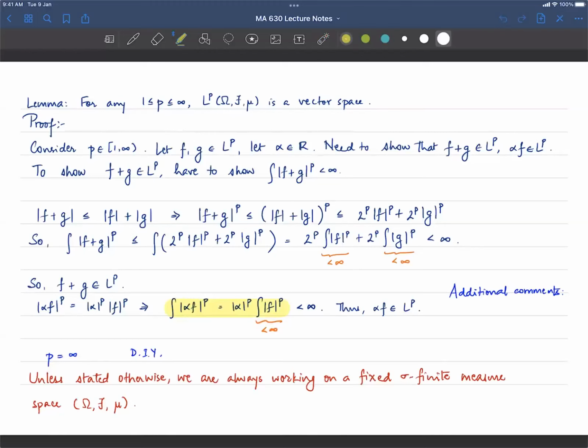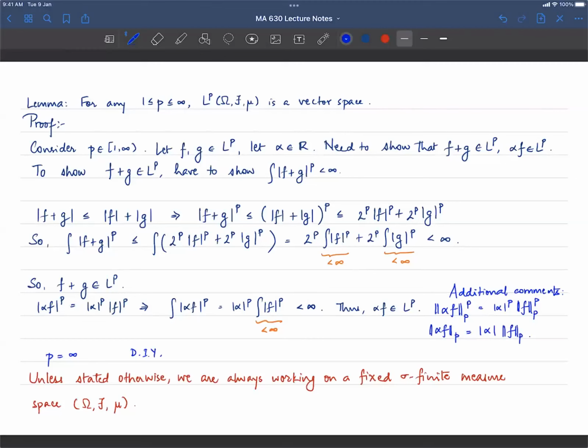I can write it as follows. The p-norm of alpha f to the pth power is |alpha|^p times the p-norm of f to the pth power. Do you agree that this and the highlighted statement are the same? Now I'm just taking pth roots on both sides. Okay, so taking pth roots, I'll have the p-norm of alpha f is |alpha|